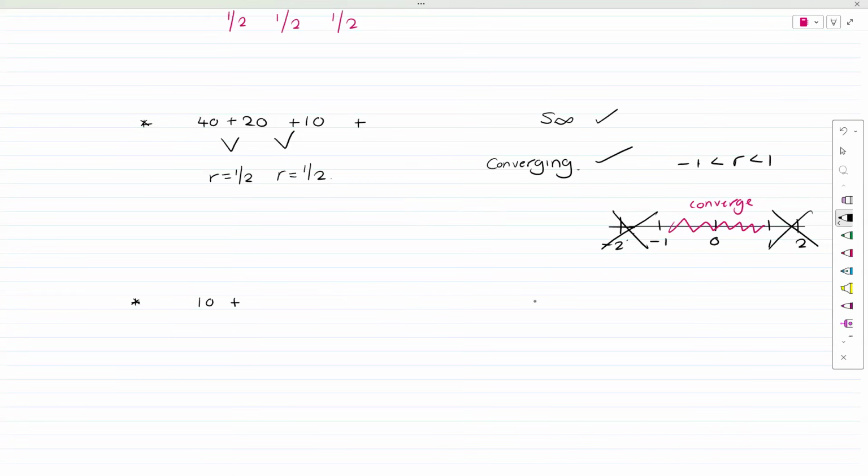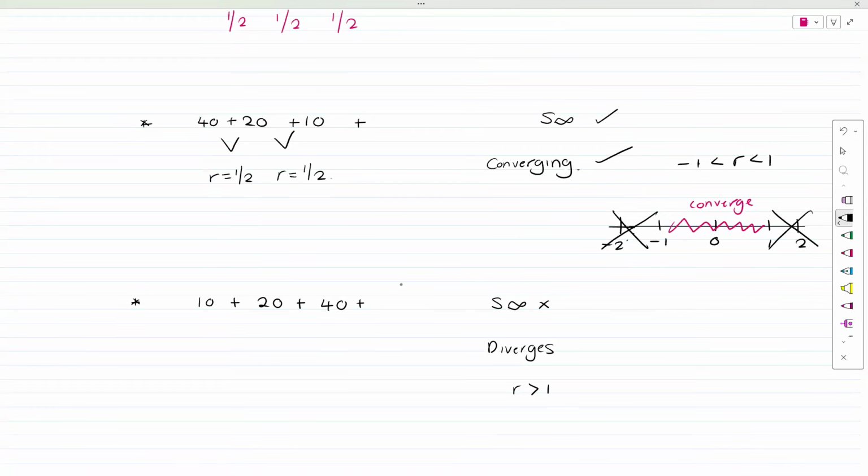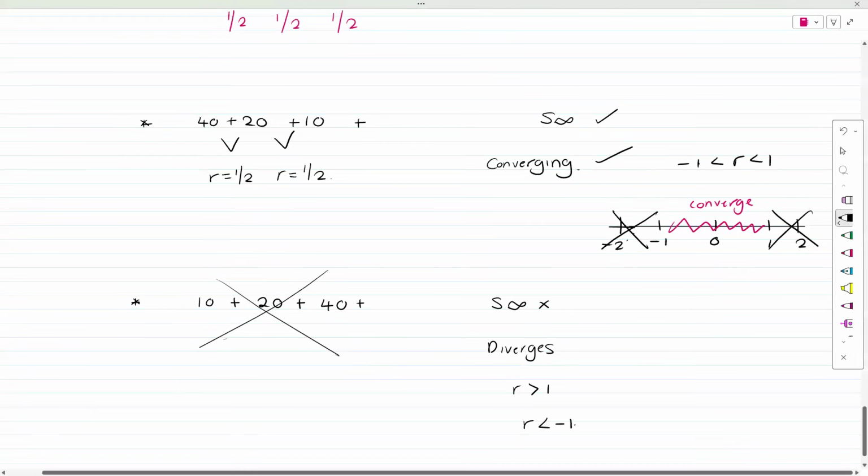But on the same question, if we change this around, now we can see the sum to infinity does not work. Why? Because it diverges. And when it diverges, R is definitely bigger than 1. It could be less than -1 as well, but the pattern is getting bigger. And the sum to infinity does not work. You can calculate the sum, but you can't calculate the sum to infinity. Why? Because it actually goes to infinity. The answer is going to be infinity because the pattern is going to get bigger and bigger and bigger until